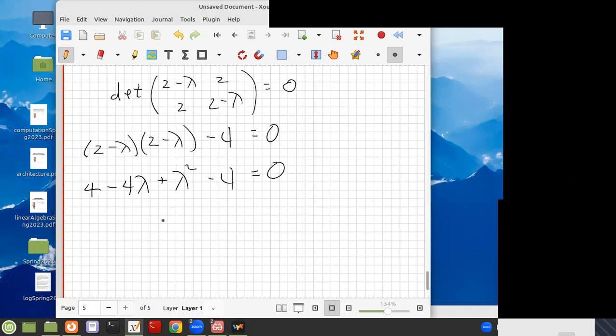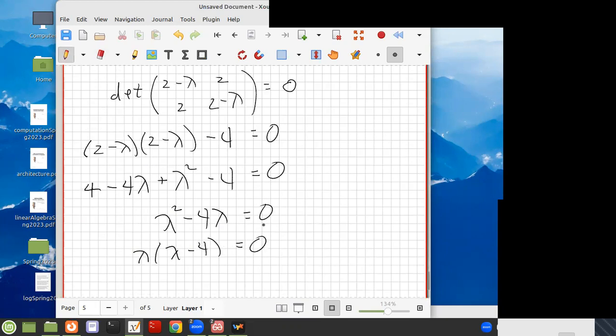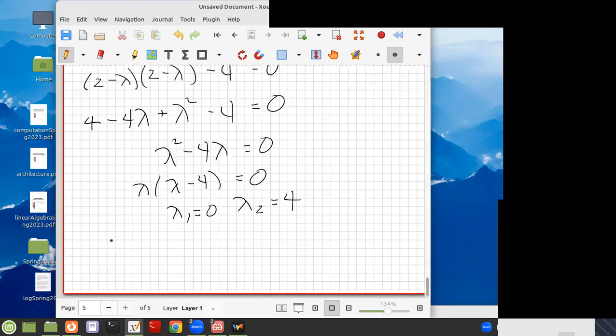So the characteristic polynomial is lambda squared minus 4 lambda equals 0, and you can factor it the same way we did before, as lambda times lambda minus 4 equals 0, right? And then you can see that things are going to pretty much work out the same way, that the eigenvalues would be lambda 1 equals 0 and lambda 2 equals 4, right? And that you're going to end up then with, so that we're going to